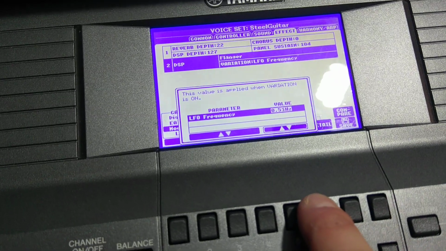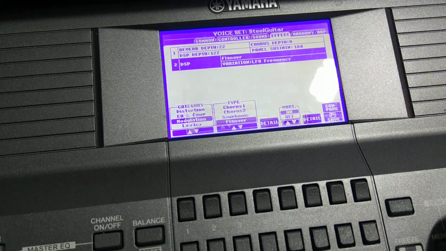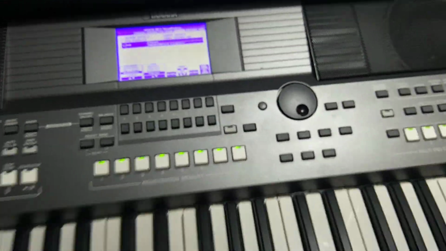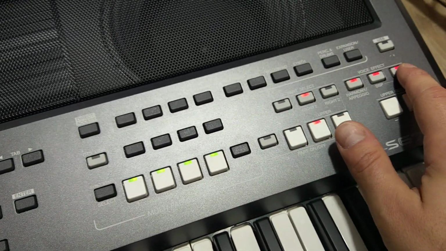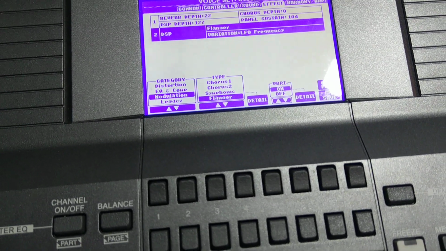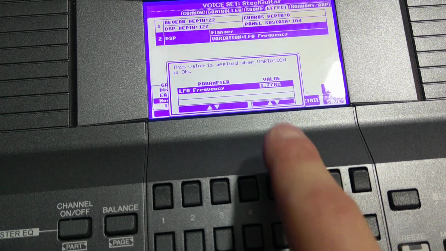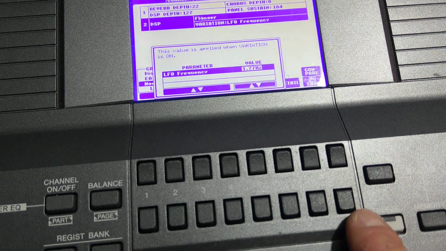So let's add more. And what is the effect? Actually, if you have the variation enabled, this LFO frequency will be 144 Hertz, and without this,